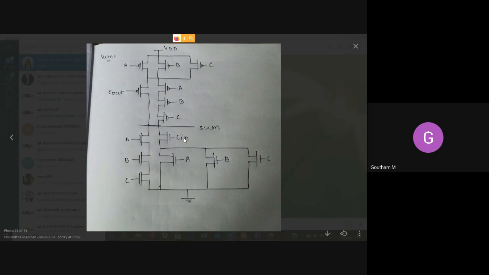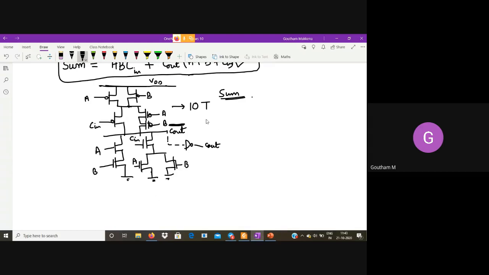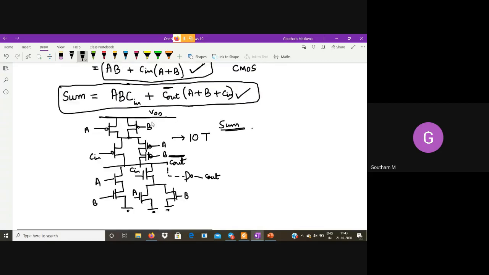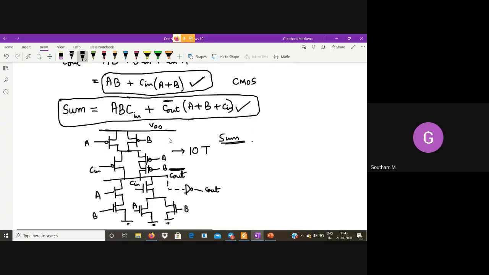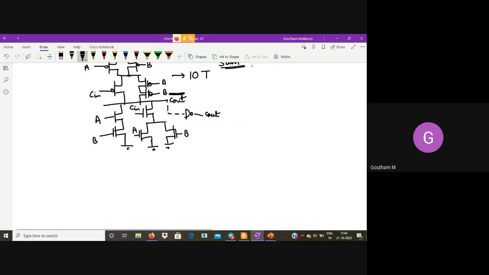Cout bar is what I have drawn. So this is Cout bar, isn't it? Our expression doesn't have a whole complement, so this is nothing but Cout bar. What we have implemented is Cout bar.